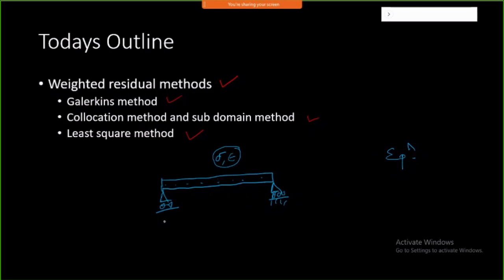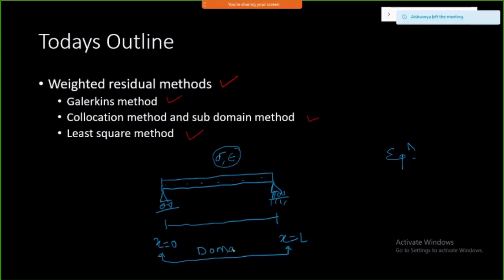So for that purpose, we are looking for the solution within this range. I will start with x equal to 0, and I will have x equal to L. This is what is called the entire domain. This word domain we most of the time did not use in previous studies, so that is why we get confused about what domain means. Domain is nothing but the range in which we are going to look for the solution. So the most important thing is that your domain starts with x equal to 0 and goes to x equal to L.